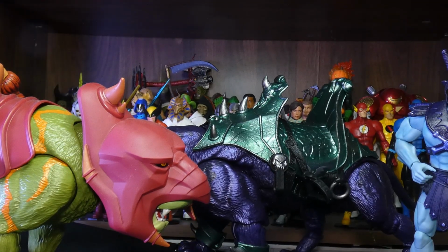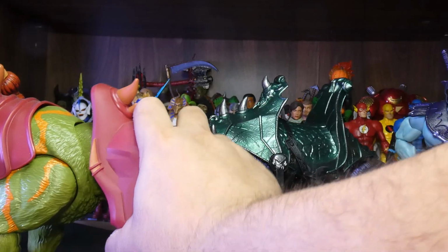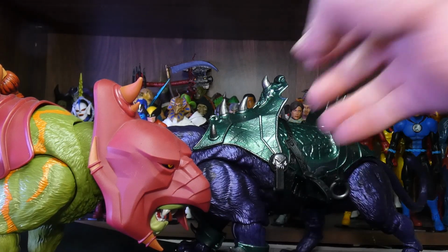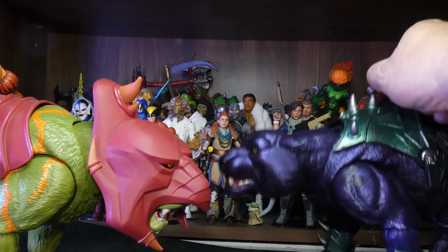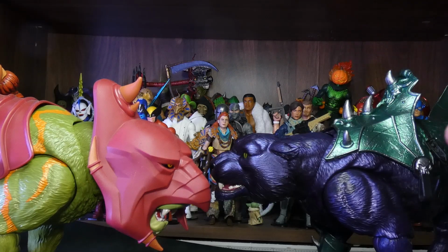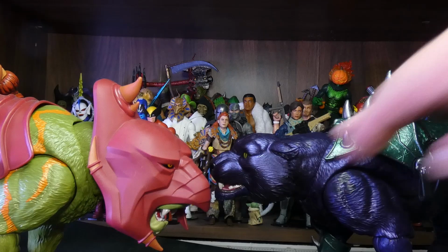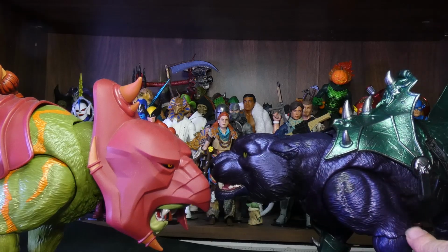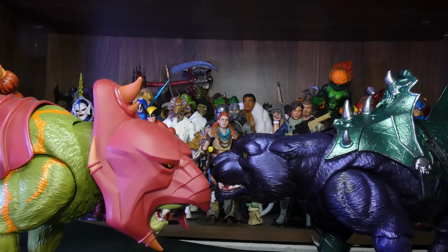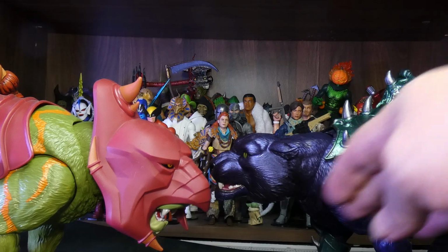Boy, Battle Cat. Okay, Panthor does have a helmet for his head. I just don't like it. It doesn't stay on very well either, so in that it's kind of bleh. Yeah. There's some very subtle blackness around here. It could be a darker purple too. It blends in really well. I like it. But yeah, you can kind of see how the arms are reused